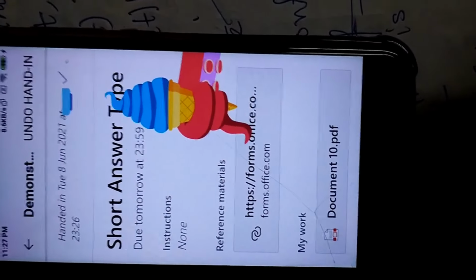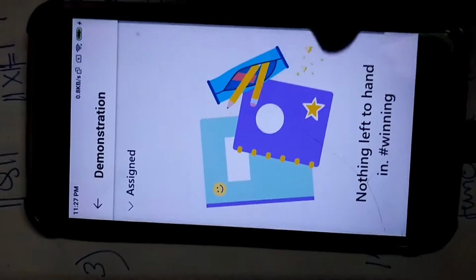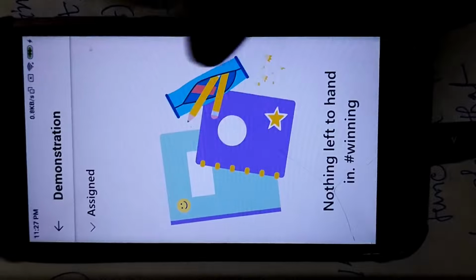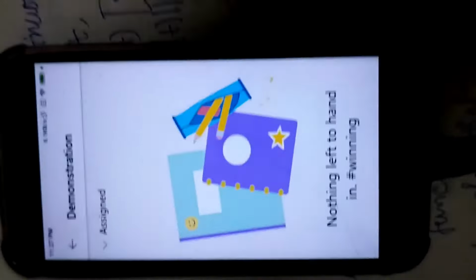So all are completed. Now we go back and check whether anything is left to hand in. See, nothing is left. So all the things you have submitted, you are done, right?